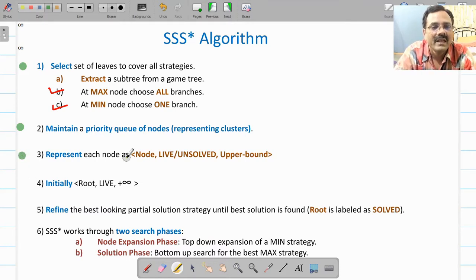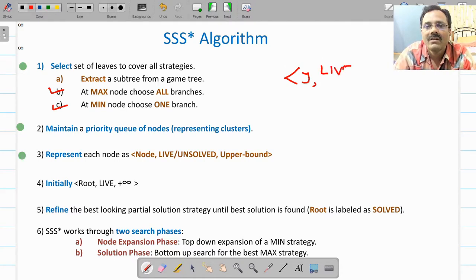Each node you are going to represent with the name of the node. Suppose the name of a node is J, then you are going to label it either live or solved. Two options are available, live or solved, and then the upper bound associated with that.